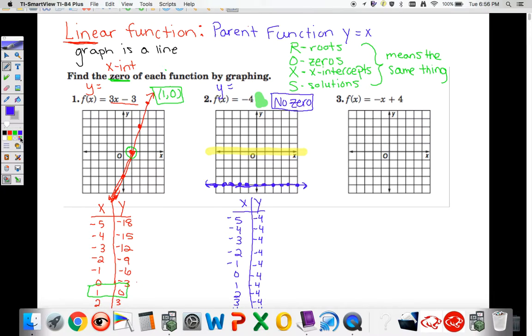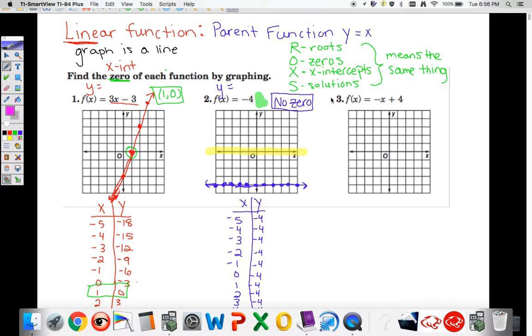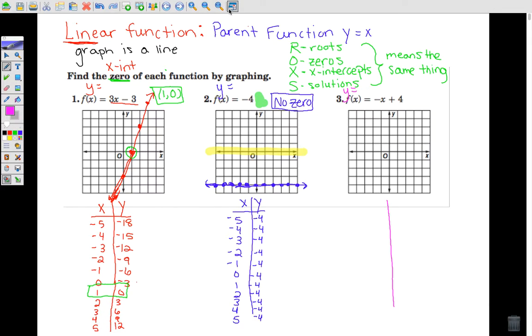All right, last one. Let me see if I can get a nicer color. Okay. Last one. Again, don't forget f of x is the same thing as y equals. We have -x plus 4. We're going to make our table. Let me see, get back over here. There we go. Make our table. So here's x, here's y, and again, we're going to go from -5 to +5. So -5